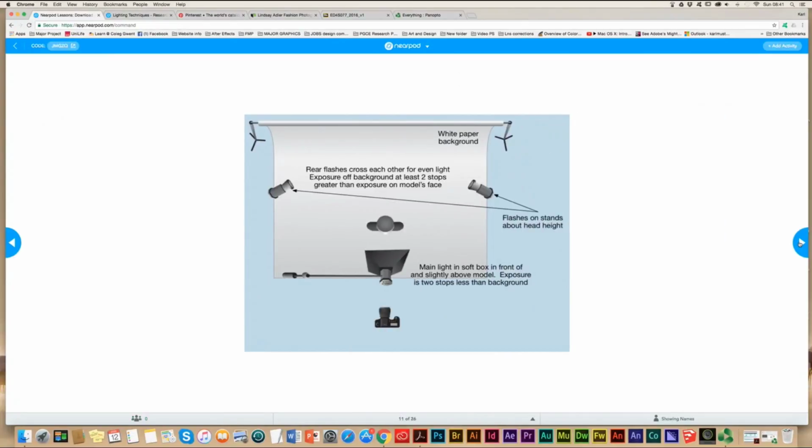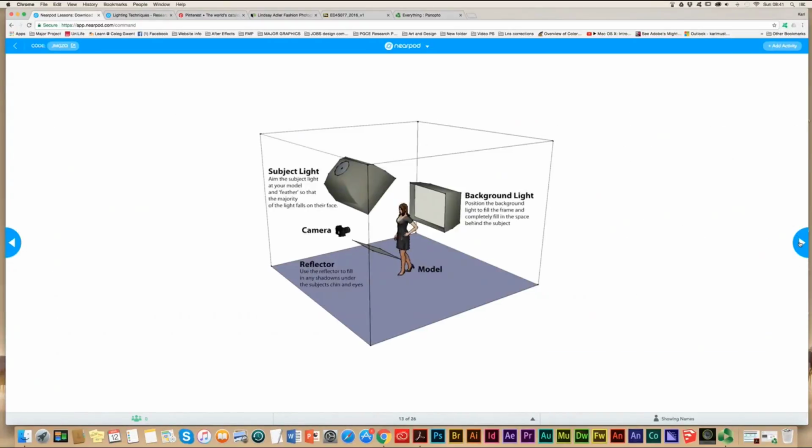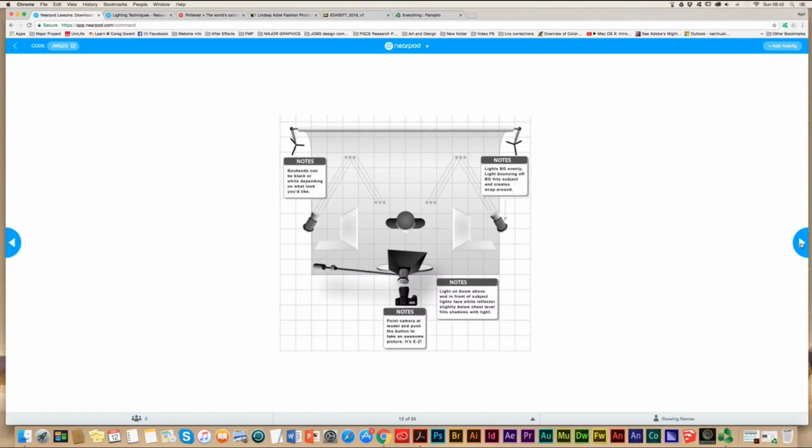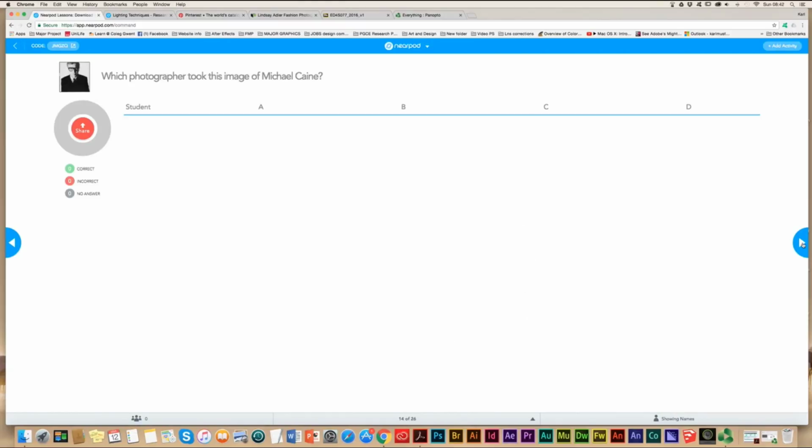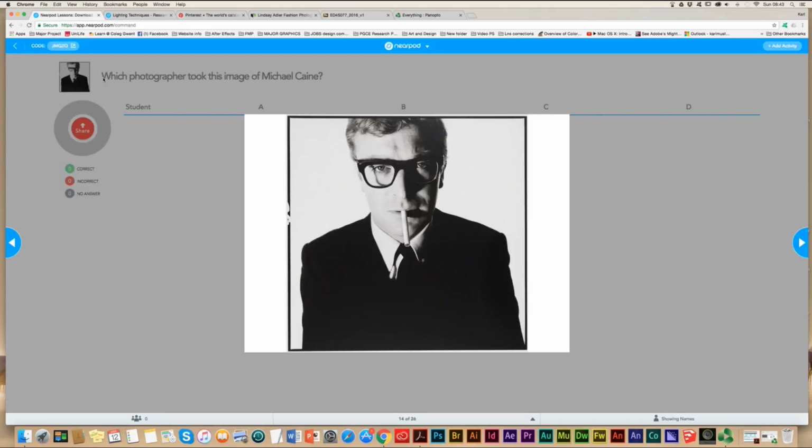I then go on to explain different ways of achieving high key lighting by the use of these 3 diagrams within the lesson, or with different lighting setups. The students will go on to answer questions about these diagrams. I asked the students then to share their knowledge of this particular image if they actually know it. If the students don't have prior knowledge of this image and who the photographer was, they can go and use